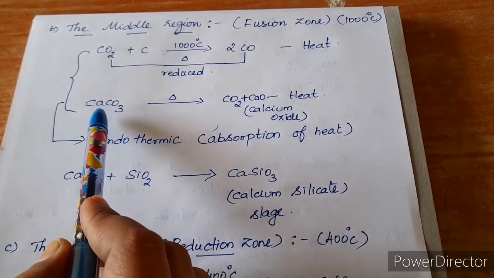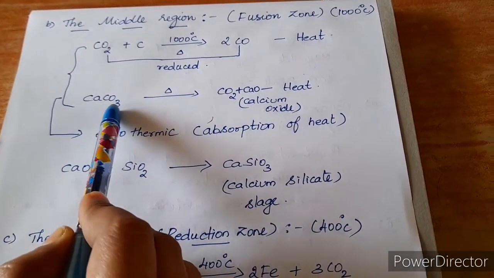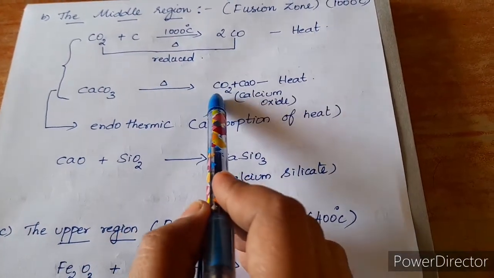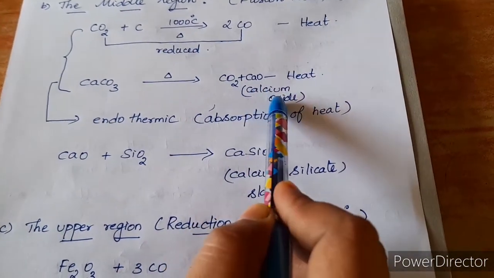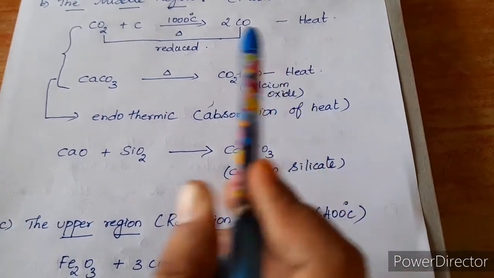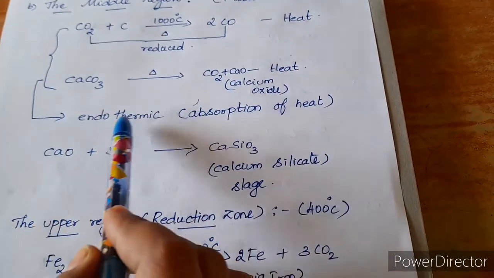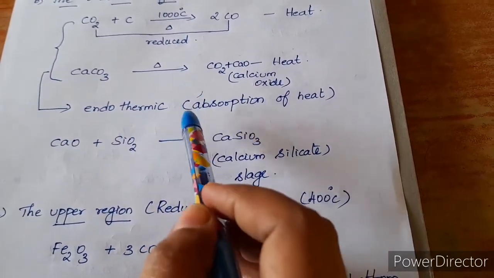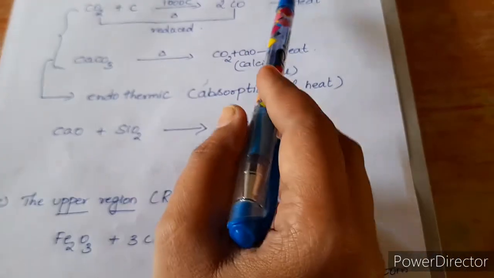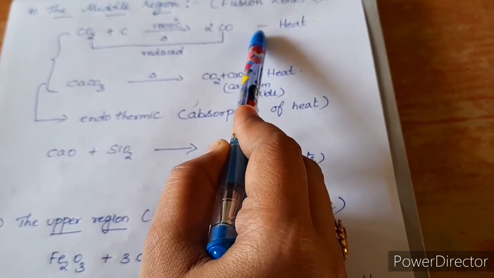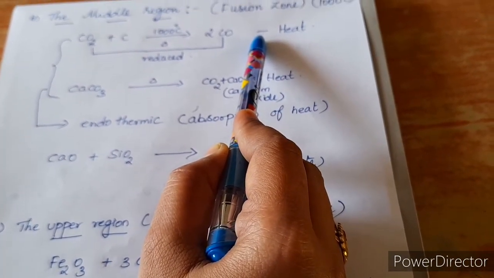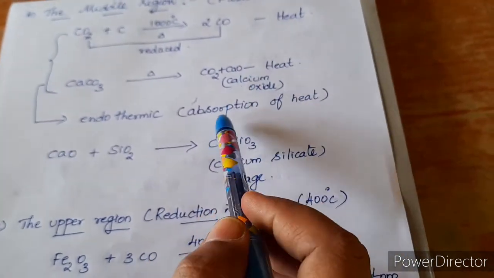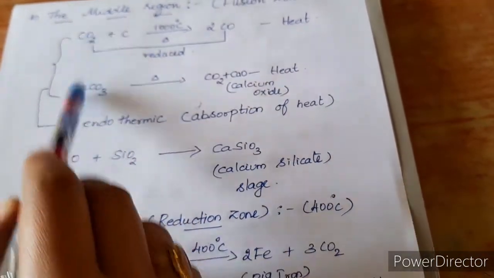Now we said that the charge consists of the limestone, isn't it? So this is the limestone, that is calcium carbonate. On heating in this fusion zone, it gives carbon dioxide with calcium oxide. Again, the absorption of heat takes place. So these two reactions together are called the endothermic reaction because the heat is absorbed in this reaction. Absorption of heat takes place in this reaction. So that's why we write it as minus heat, isn't it? Now there in the combustion zone, we said that it is plus heat energy, right? But here it is minus heat energy because the absorption of heat energy takes place in these two reactions.